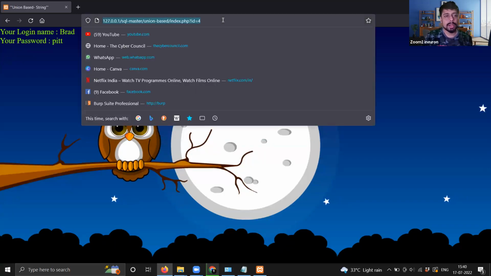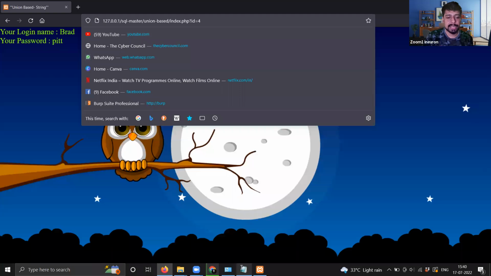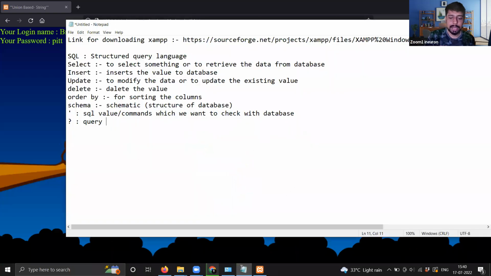Okay, so first of all, you just need to see step 1. So let's get started with the different steps. Today we will try to complete this union-based SQL injection, and also we'll try how you can complete the Boolean-based SQL injection as well. So we are going to try to complete both of these SQL injection challenges. Step 1: